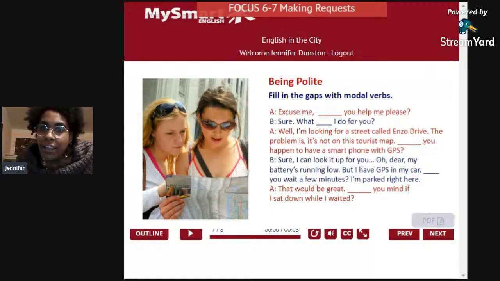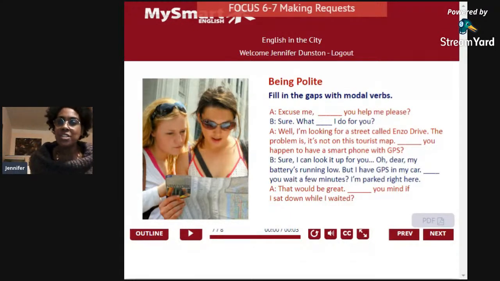Oh, here we are. Can you, could, and can. Thank you very much, Terrence. I'm glad you're not angry anymore. Thank you, Barbara, Lucrezia, and Carolina. We can use can or could. Now, sometimes there's more than one answer. Just because here we have could, it doesn't mean that can is incorrect. You can say, excuse me, can you help me, please? Excuse me, could you help me, please? Sure. What